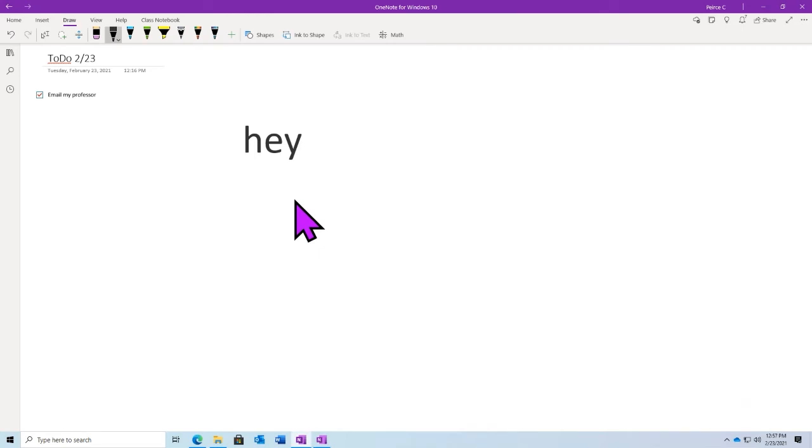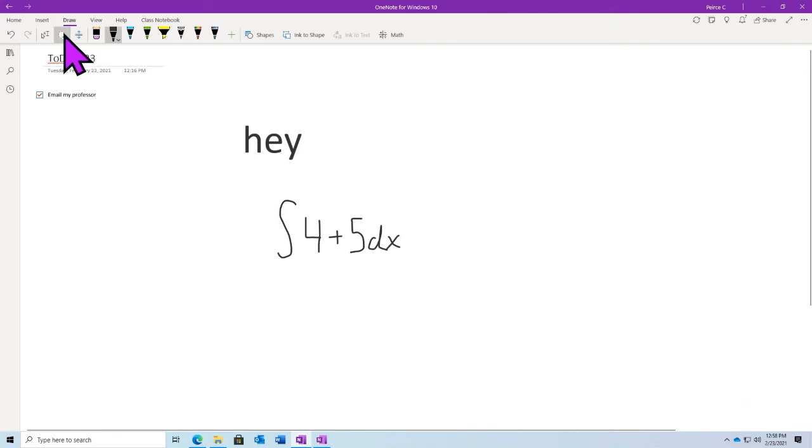And that's because we can write out some really advanced math functions and have it show us step-by-step instructions or even create practice quizzes based on this type of content. So for example, if we did a little bit more advanced formula here, we'll say the integral of 4 plus 5 dx. We can select this